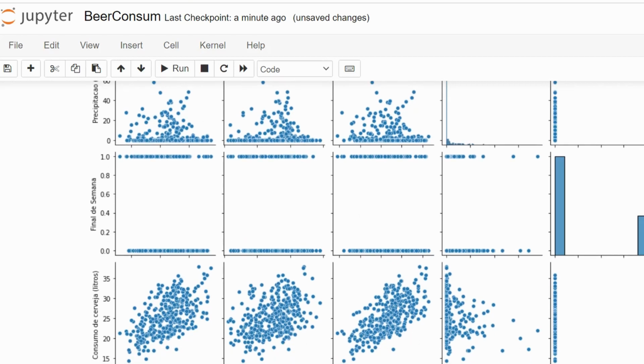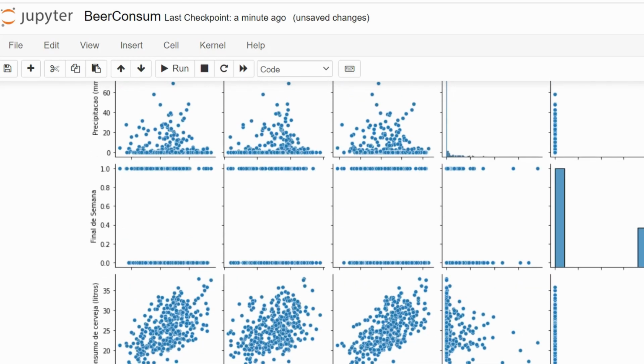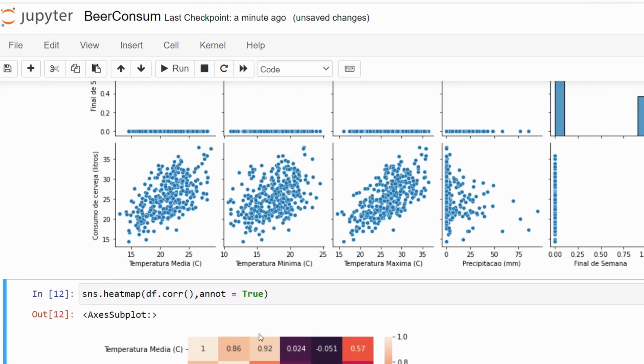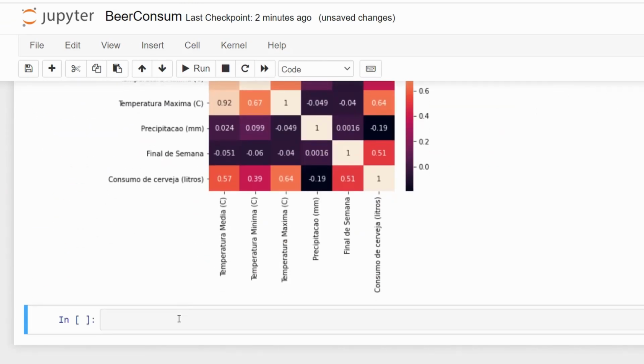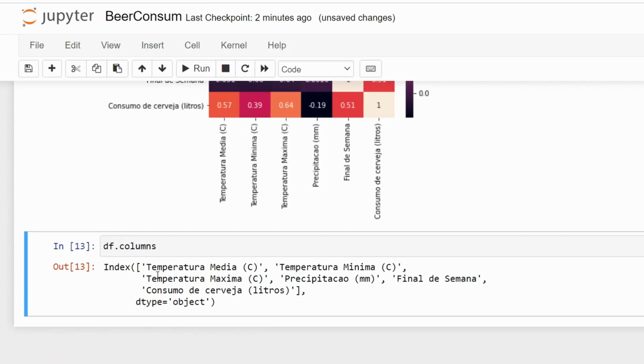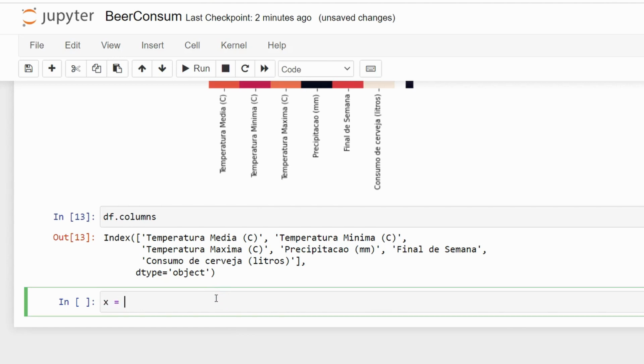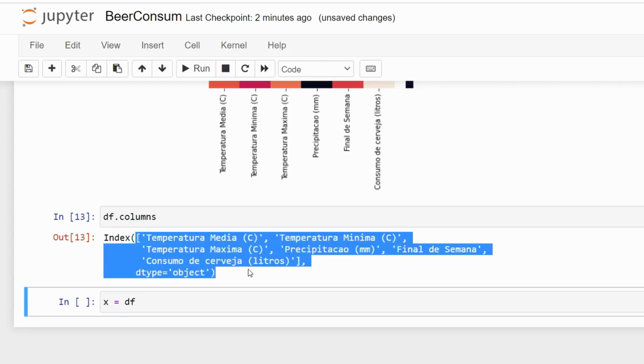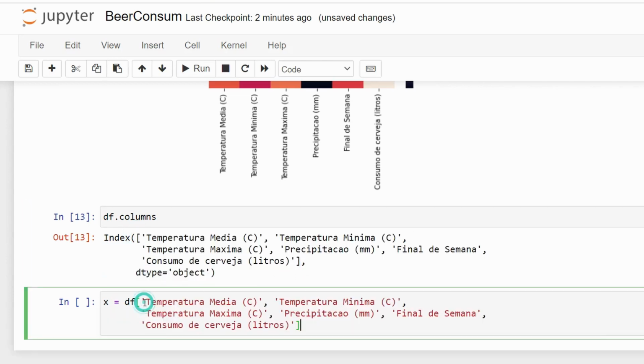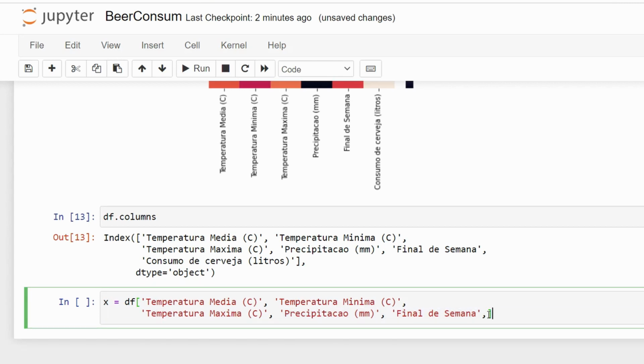Let's visualize it also. Final de semana, okay, it is a categorical column, so we cannot visualize it like this, but leave it, if the correlation is higher, and we are going to be quick. So now columns, you can see all the columns right here, and I forgot to copy it from here. Oh my god, I can copy it from here and paste it there. Just leave it. Okay, X is equal to df. Okay, now we are going to copy it. Copy all the things, copy and paste it. We just need to remove this, and our data frame is ready.